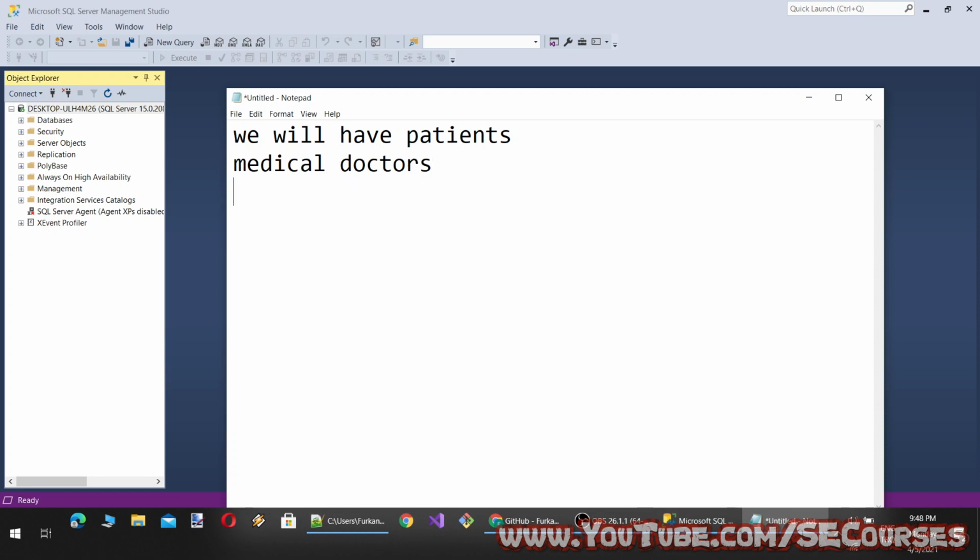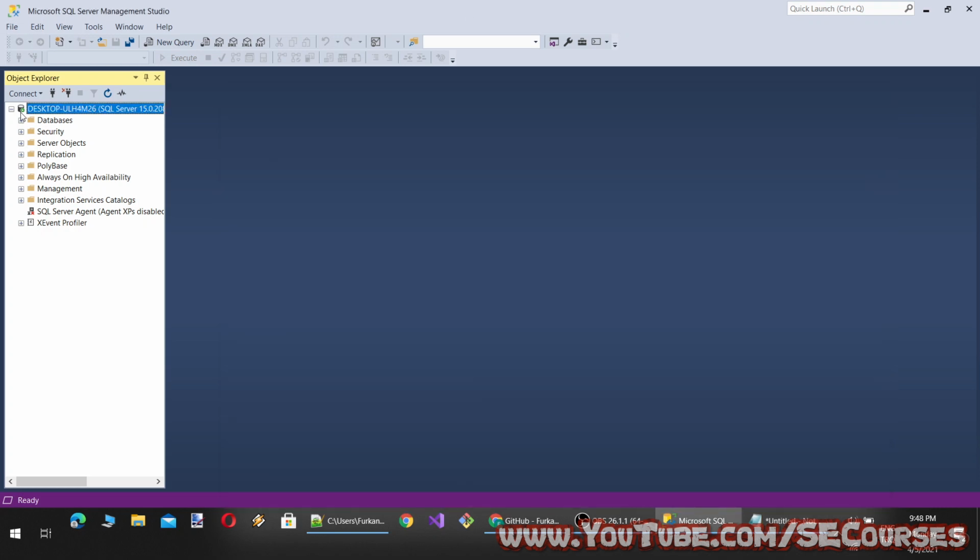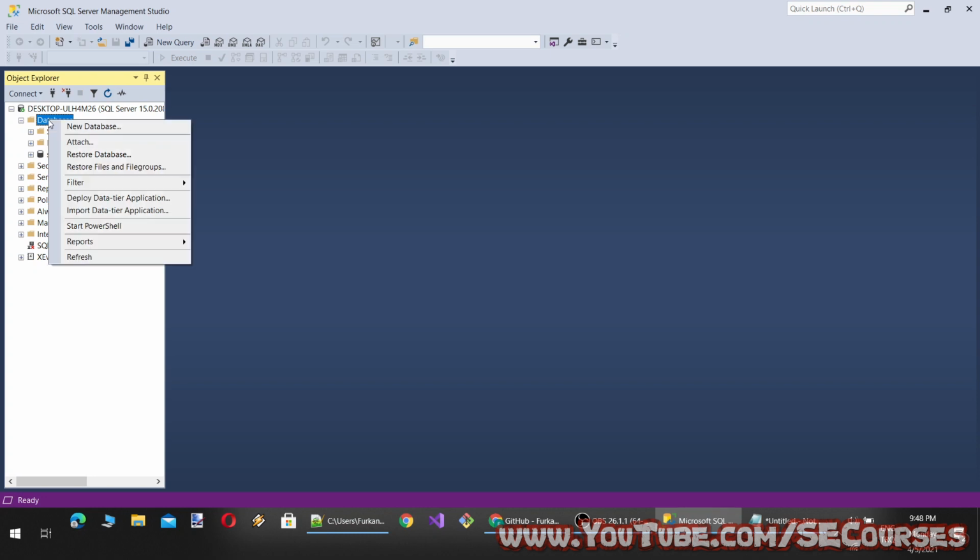And we will have prescriptions and diseases. Okay. So for this simplistic design, what kind of database would you have? Okay, let's start composing our database.